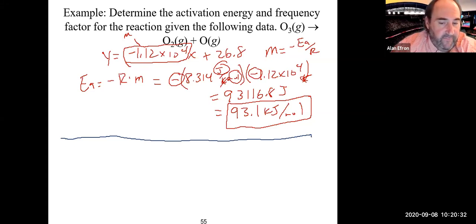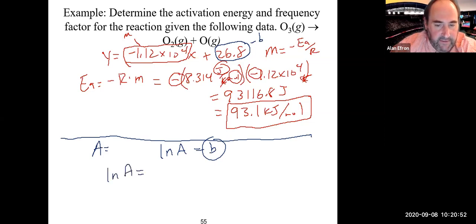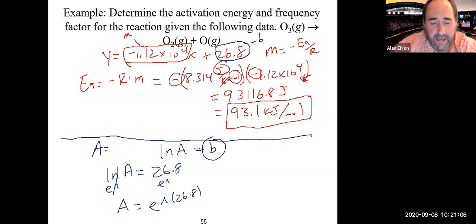Now, in terms of our frequency factor, which is A, the natural log of A is equal to our y-intercept. So in this particular case, our y-intercept is this guy, which is B, from our equation. That means that the natural log of A is equal to 26.8. To get rid of the natural log, we're going to take e to both sides. When we do that, that cancels. We get A is equal to e to the 26.8, which gives us an A value of 4.36 times